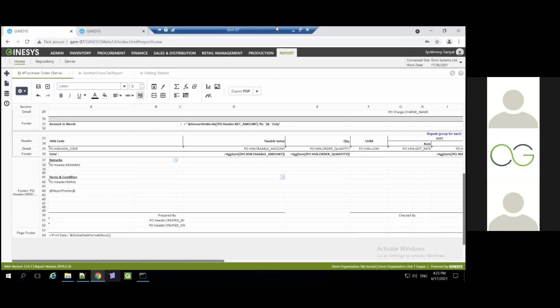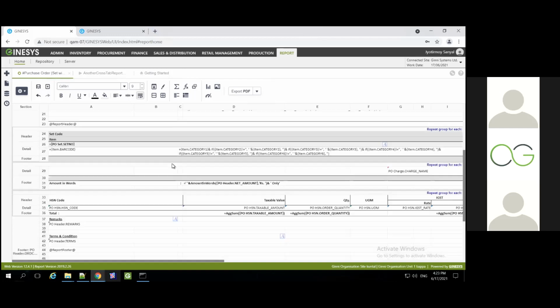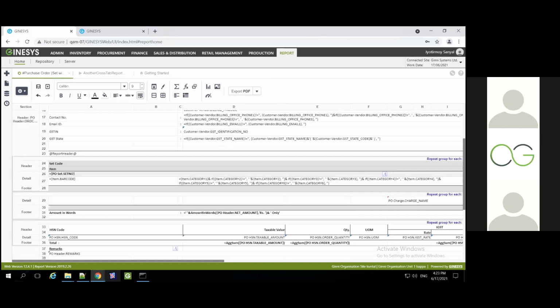repeating group. You generally don't use a repeating group with a register report. It's mostly used in document reporting, because this repeating group is, as you can see, for a particular order code. In a register, you probably would not be doing so. It would be more of a flat report. So that was the repeating group.